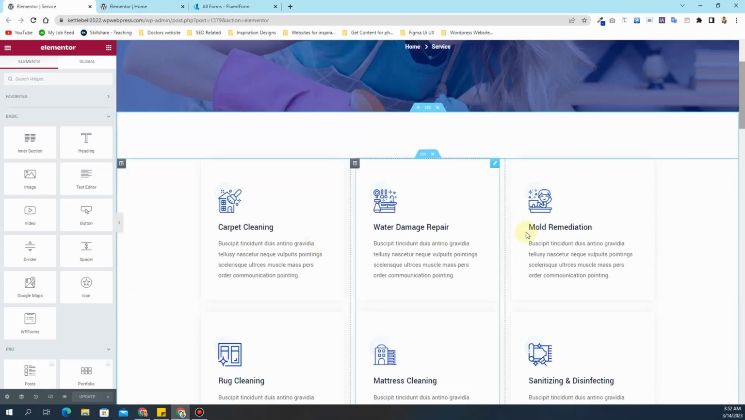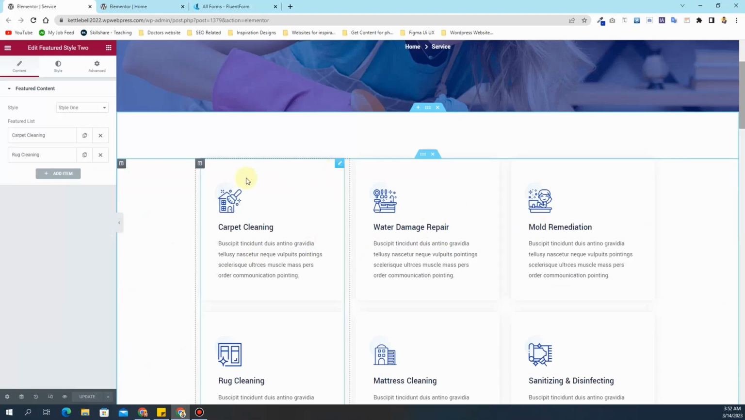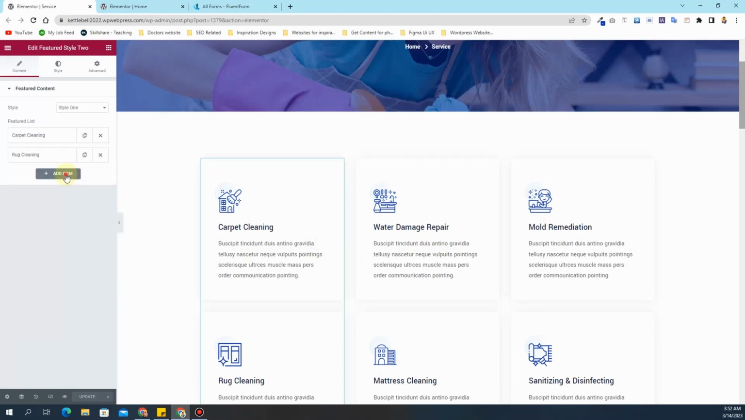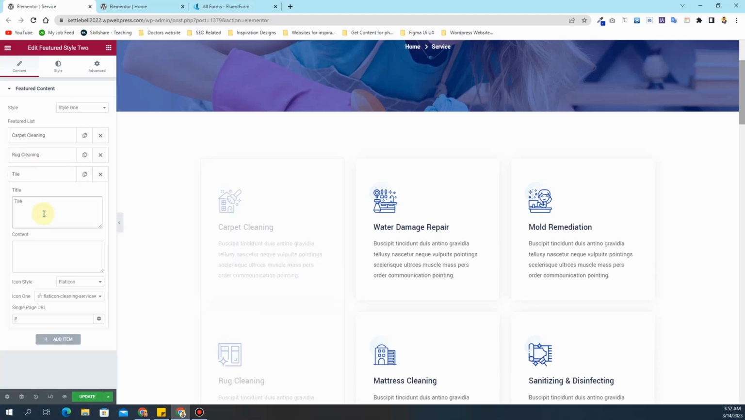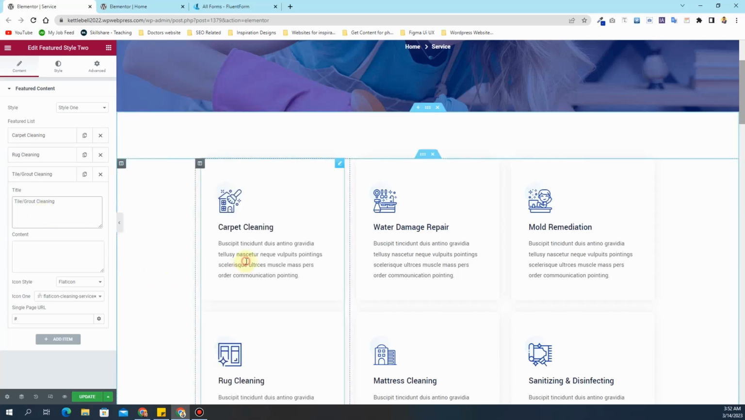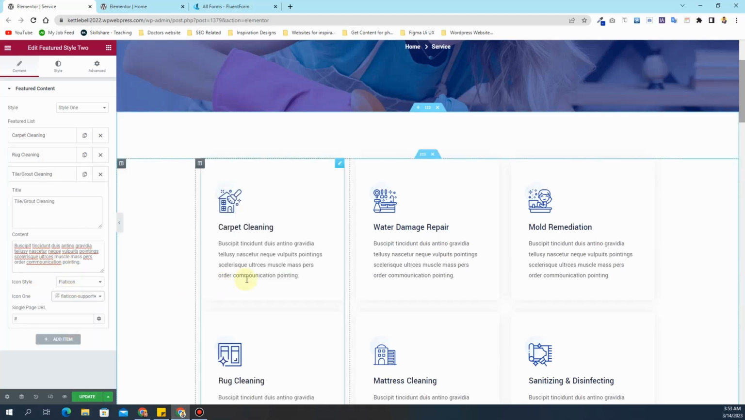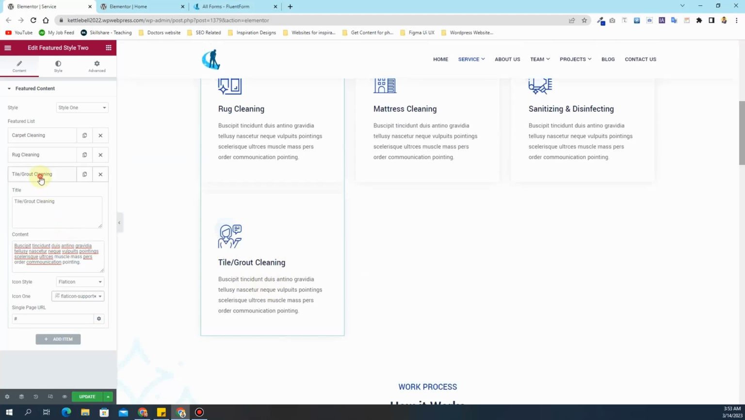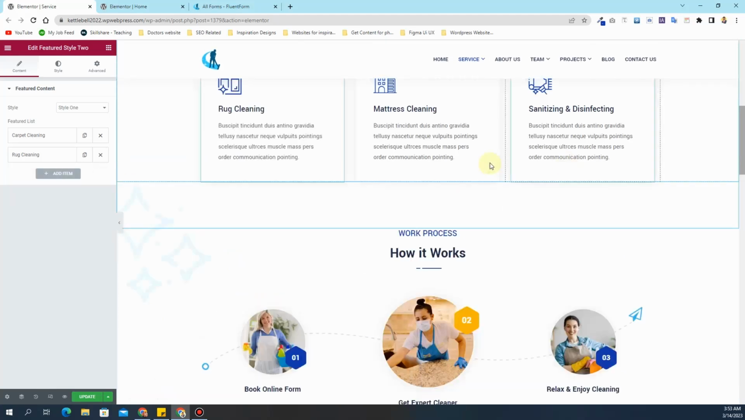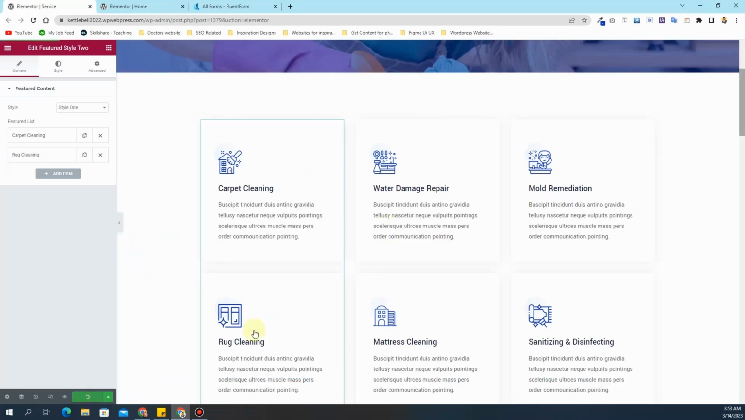In the same way you can add as many services as you want. In order to add more services, simply click on this add new button, type in the service name, so maybe like tile or grout cleaning, and then we can copy some lorem ipsum, and then I can insert that as content, and then I can choose one of these icons that are already available right here. So in this way you can add as many services as you want, and they will appear just like this. So I'll update this one,